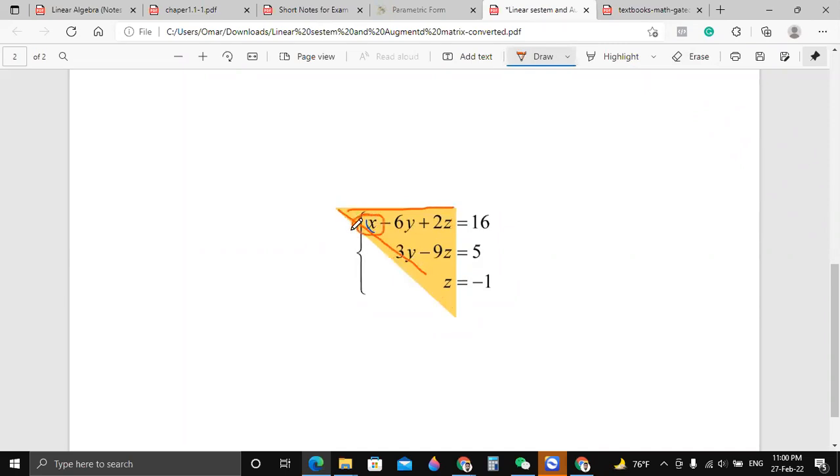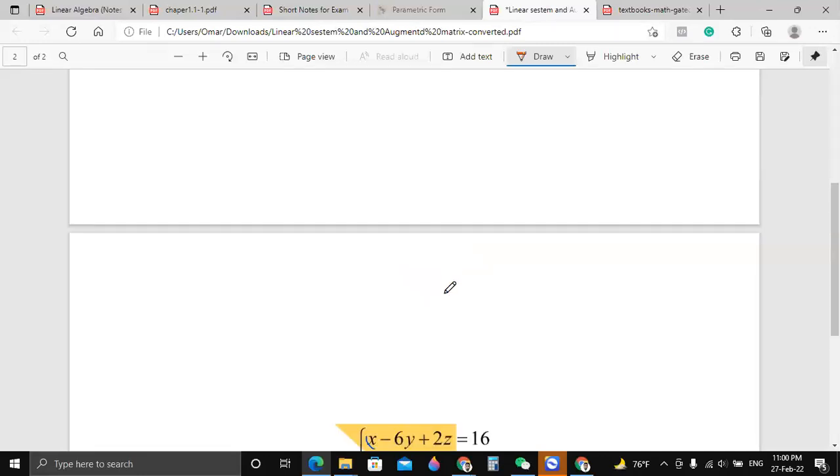For example, this is our diagonal line, right? In the upper triangle here, this is our diagonal line. So we are making 0 here, here, and here, right? That means all the values below that diagonal line are 0. So the benefit is we will get some number here. For example, in this